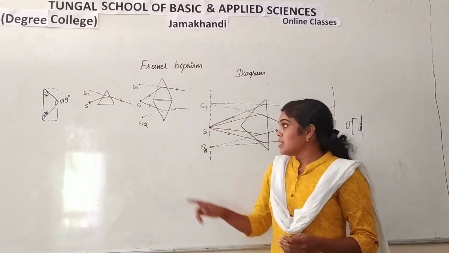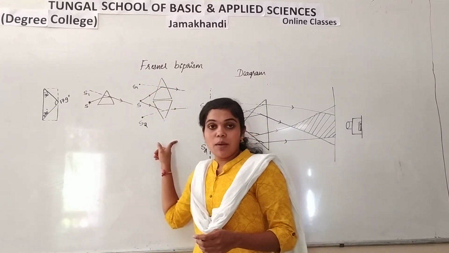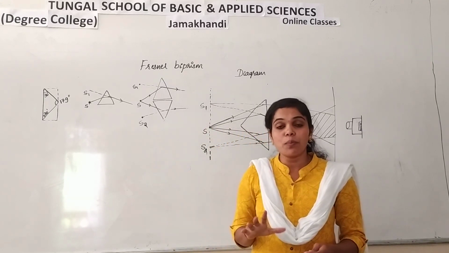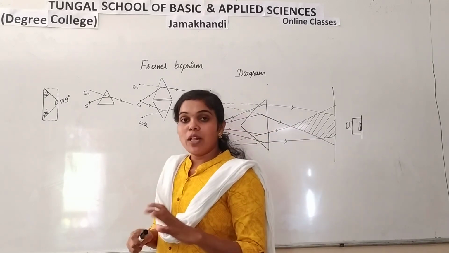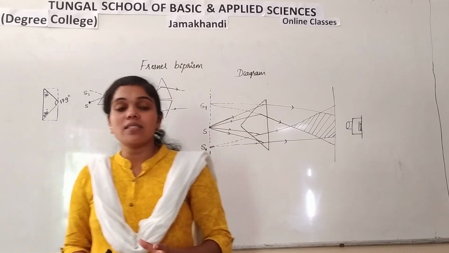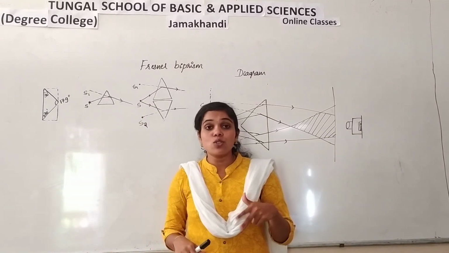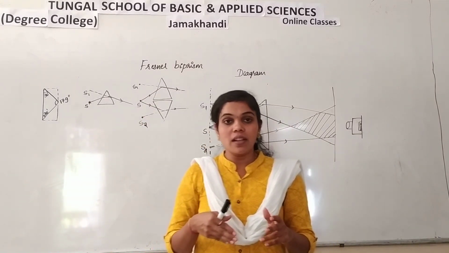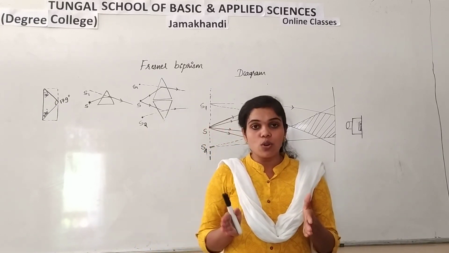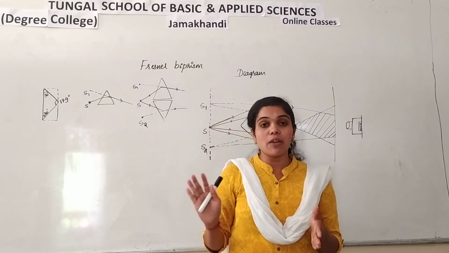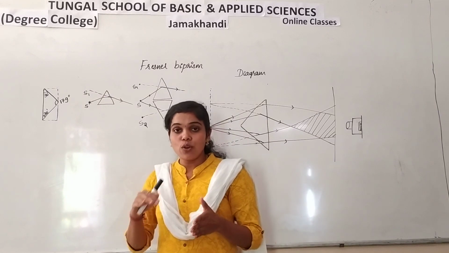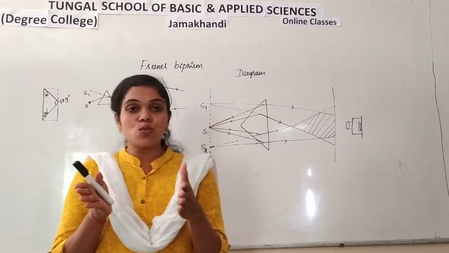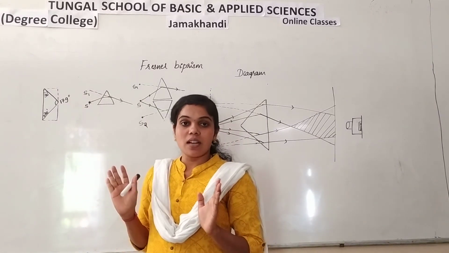So this biprism is there. This setup we are going to mount on an optical bench. There will be an optical bench. What it consists of means two horizontal long rods will be there, and these two long rods are at the same level, the height of these two will be the same, and these two are exactly parallel to each other.